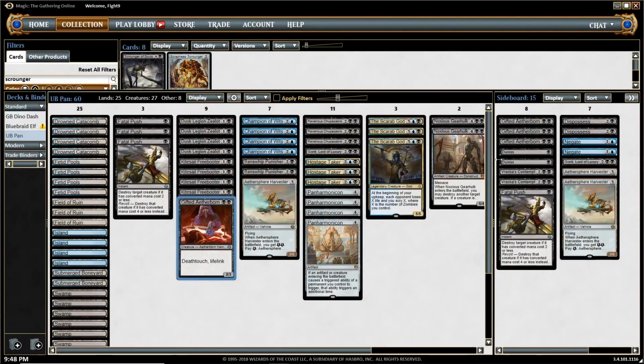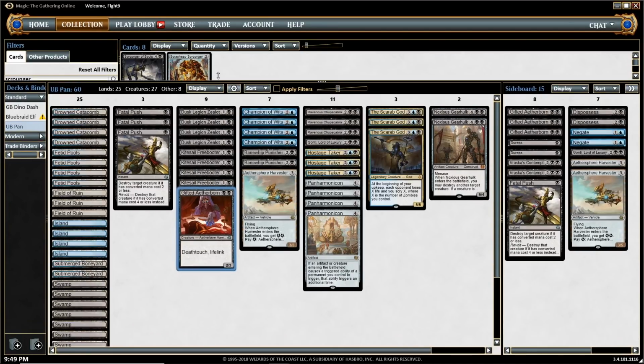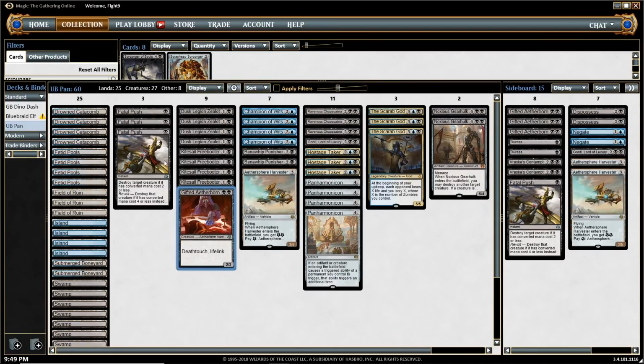My name's Steve Rubin. This week we're going with a blue-black Panharmonicon brew. This is kind of the first time that I am playing Standard since Rivals of Ixalan, because the Pro Tour was modern, and also the Magic Online Championship Series, which I'm qualified for, is also modern. So I've been playing a ton of modern, but GP Memphis is coming up, and I'm looking to kind of